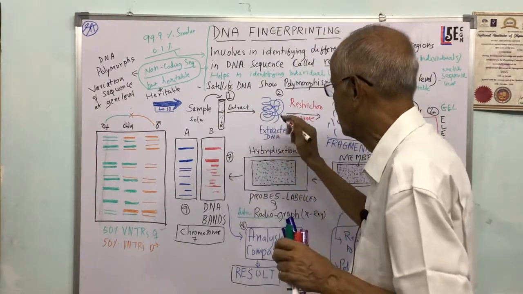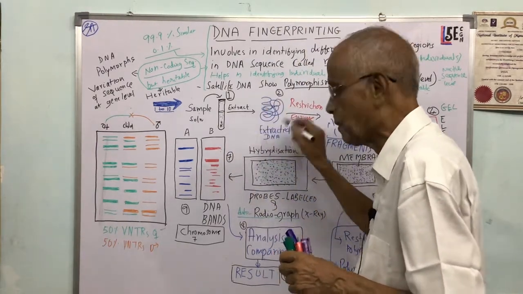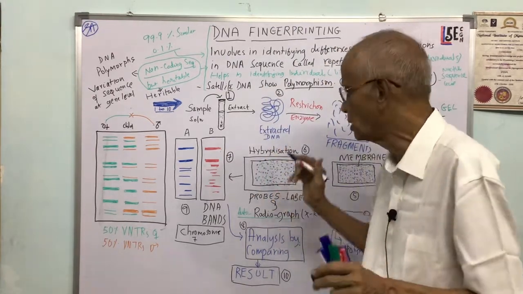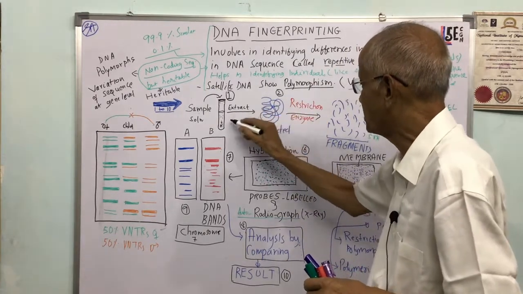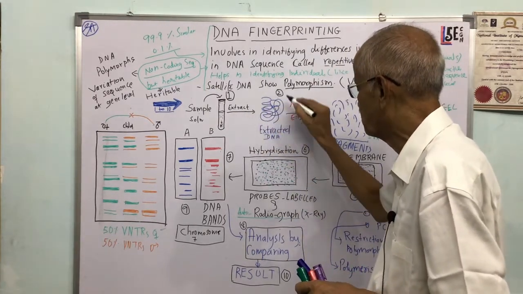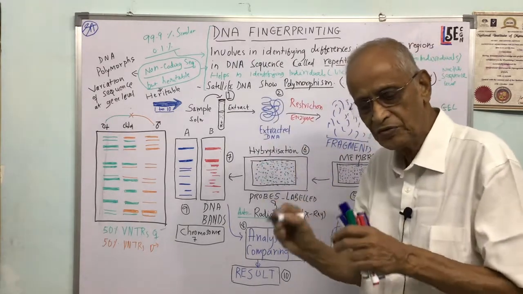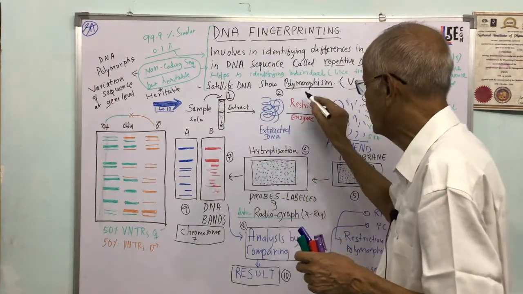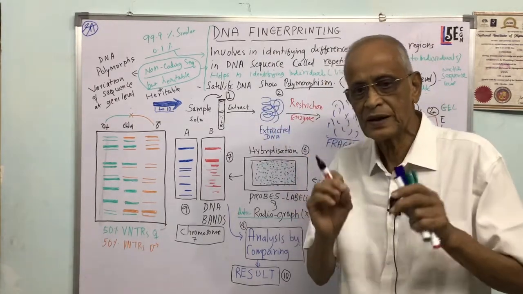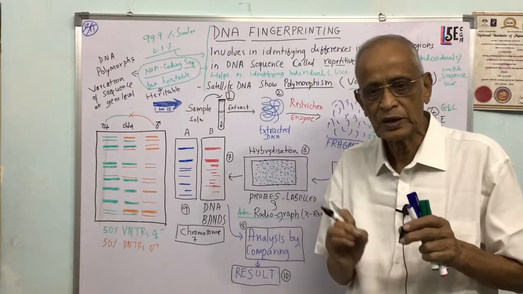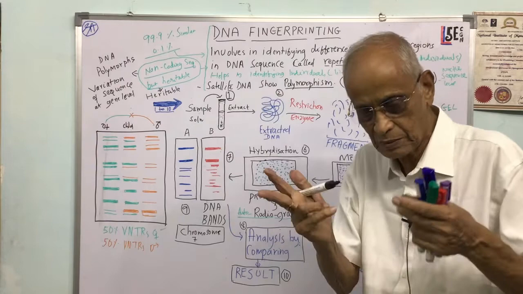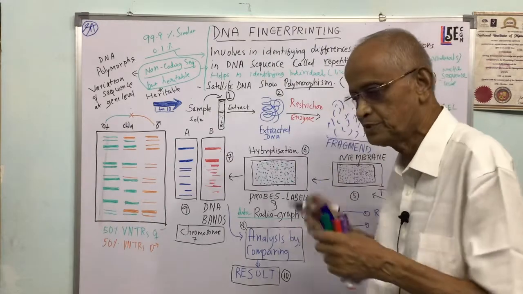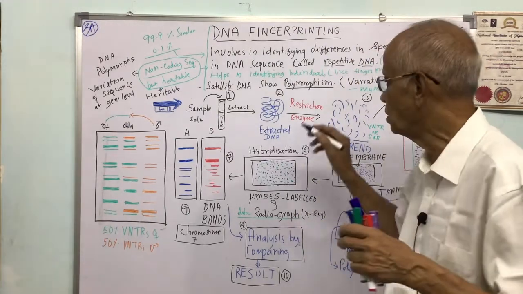Now supposing the DNA is taken, schematically, to understand it, we are trying to draw this diagram. The extracted DNA may look like this: a long thread of coiled structure. Then that extracted DNA sample will be treated with biological scissors or biological shears, which are enzymes. In this case they are called restriction endonucleases.